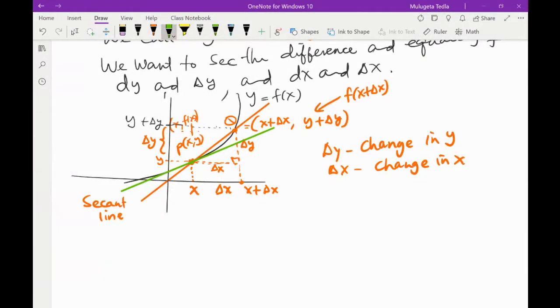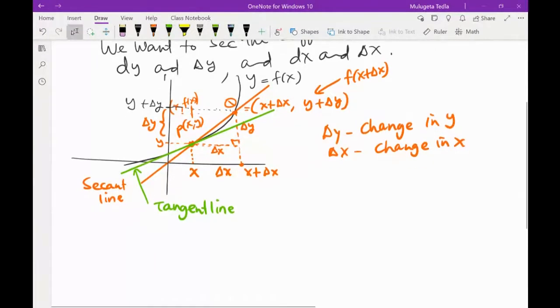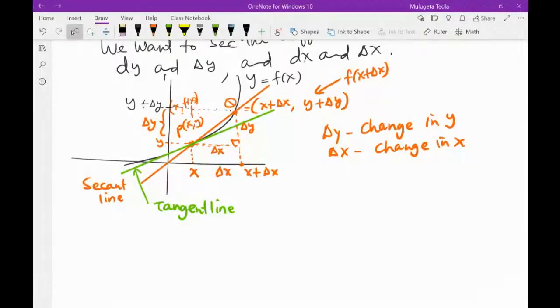So you see, this line is a tangent. This is a tangent line, not a secant line. The tangent line, you can see, if you consider this triangle,